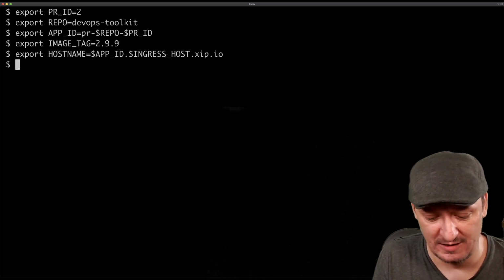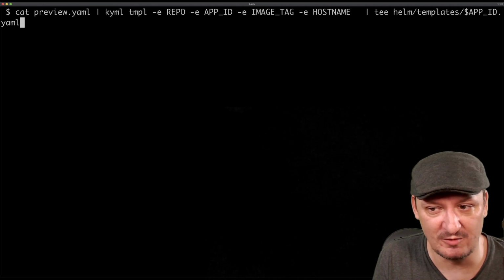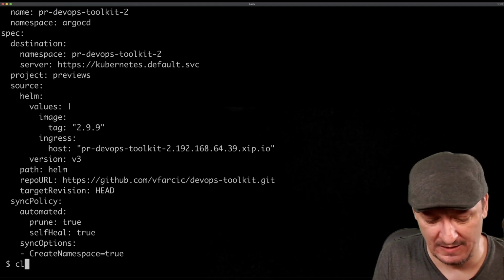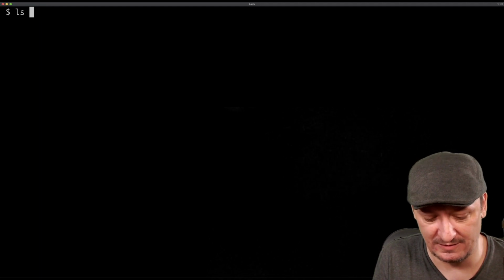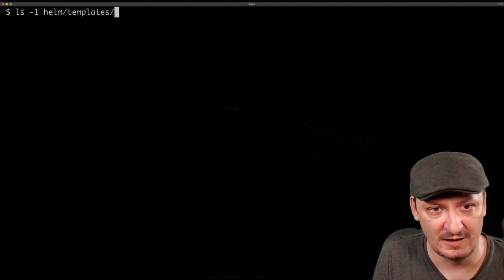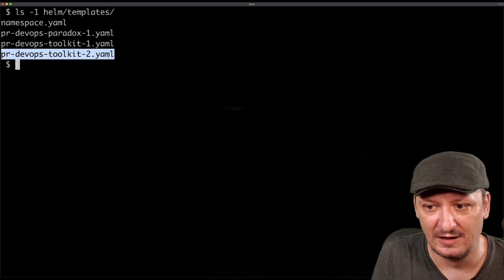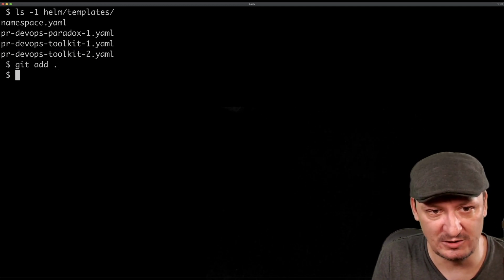Let's see where it works. You remember what we need to do to create yet another file in a Git repo using kyml. I'm going to repeat the same command again. And now if I look at -1 Helm templates, I created a third file, this time DevOps Toolkit 2. And if I push this change to Git, edit to Git, commit,